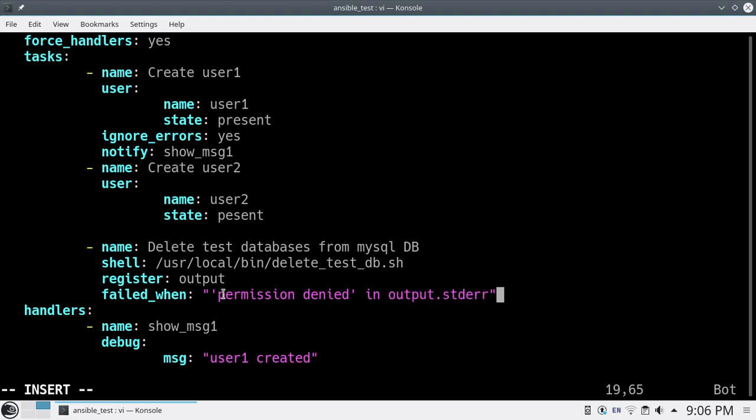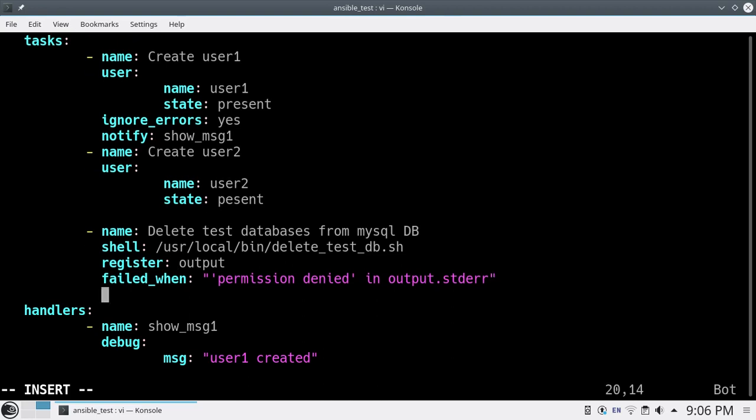So you are checking for this permission denied message in your standard error. If it is present, then only you consider this a failure, and then you put ignore_errors yes, so that it moves to the next task. So like this, with the failed_when option, you can decide whether your task has failed or not.